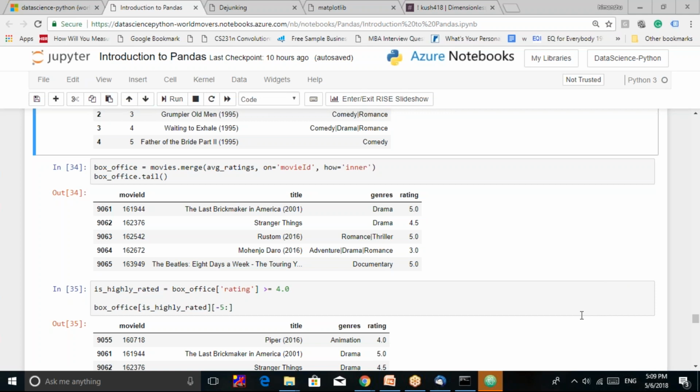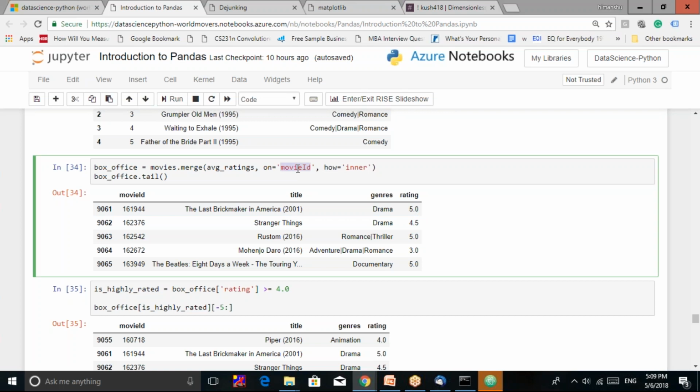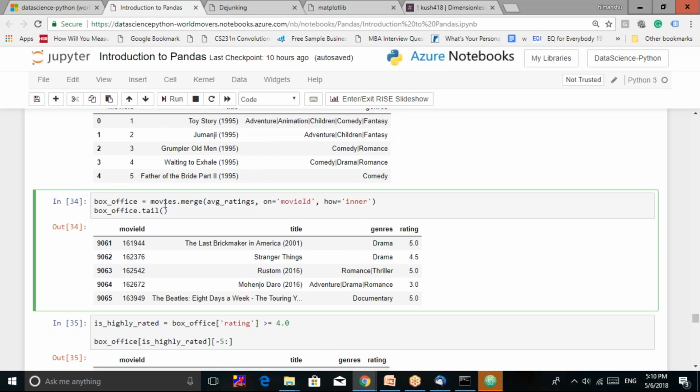एरर तो बहुत बड़ा है, लास्ट में आ रहा है कि की एरर मूवी आईडी। मूवी आईडी का आई कैपिटल लिखा ना आपने? Even I am also getting the same error, like key error movie ID. ये कैसे हो रहा है यार? मूवीज डॉट मर्ज एवरेज रेटिंग्स ठीक है, ऑन मूवी आईडी, हाउ इनर। प्रणाली, आपका जो मूवीज डेटा फ्रेम है उसके कॉलम्स का नाम चेक करो एक बार, उसमें क्या क्या है।